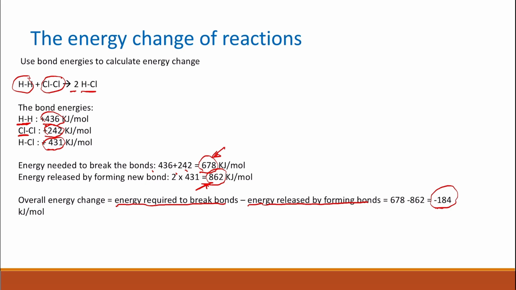Exothermic means that this amount of energy was given off or released into the surroundings. If the value is positive, then the energy required to break the bonds is higher than the energy released, and that means the reaction is endothermic, because more energy was needed